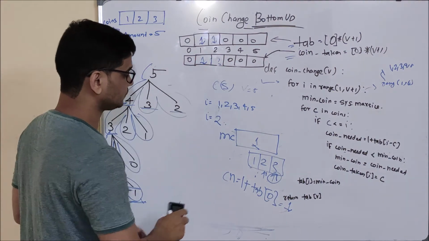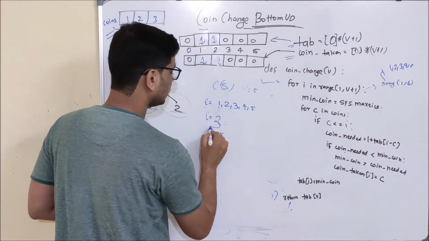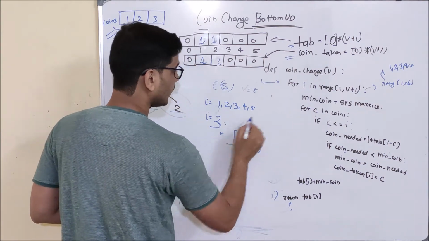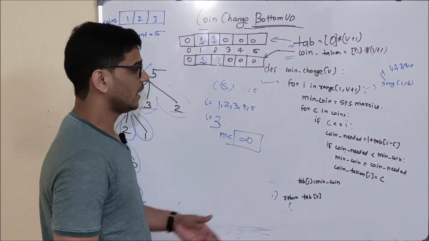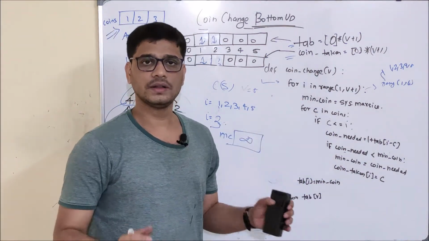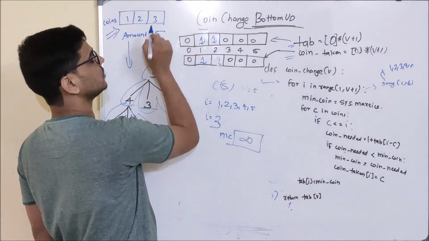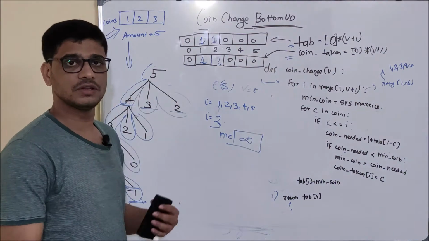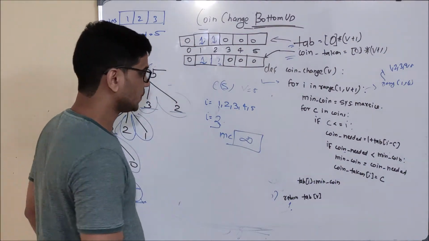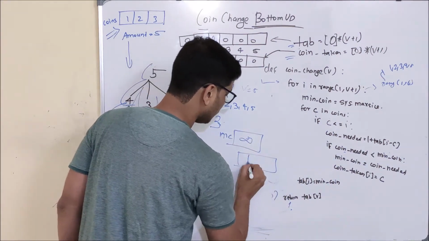Now what I will do? I will execute it for i equal to 3. And when i will be 3, again a min coin variable will be created and it will be initialized with infinity. And again I am going to try all the coins. As you can see here, i is equal to 3 and the maximum denomination is 3. So basically we will be taking all the coins and seeing which one is yielding my optimal answer. So first of all, I will take 1 rupee coin.